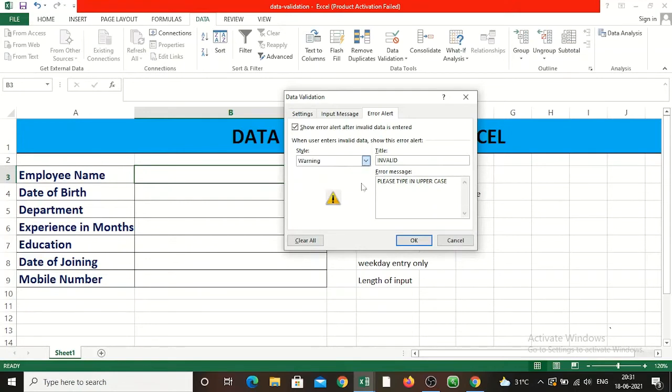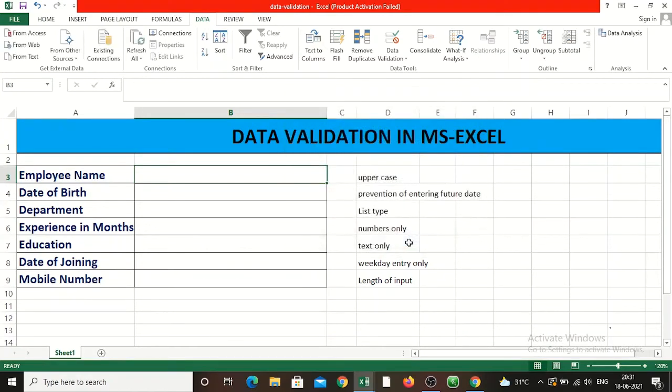If you select the information, then it allows the user to go with the invalid data, but it gives an information that you have entered a wrong data, an invalid data. So it is better to select stop if you want the exact type of data to be typed. So I am selecting the stop style here, then click OK.